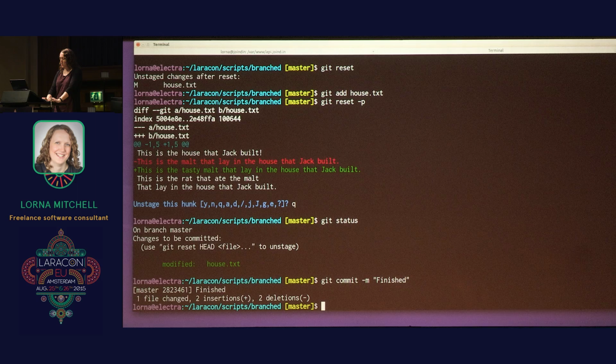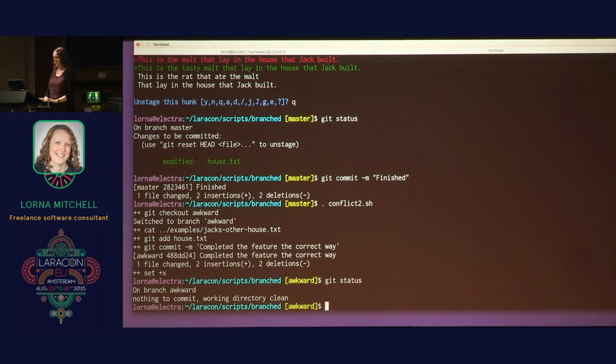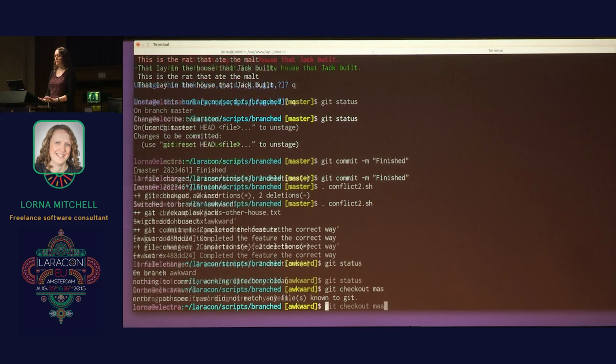Okay, so what I was going to show you was a merge conflict. So to do that, I am going to switch over to that branch that I made earlier. So we did a commit, then I created a branch. You've just seen me make changes on the master branch. Now we're going to make changes on the feature branch that I've called awkward to give me a clue that something might happen. I have brought in some changes, and I have committed those changes. So Git status just shows me everything's cool. Now, if we switch over to the master branch, come on,